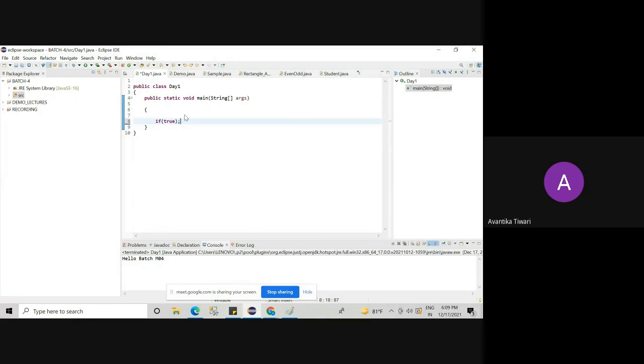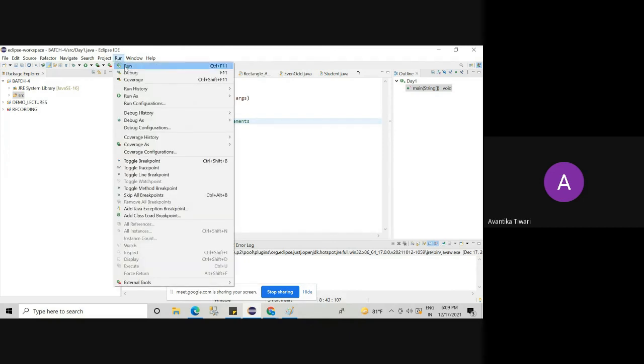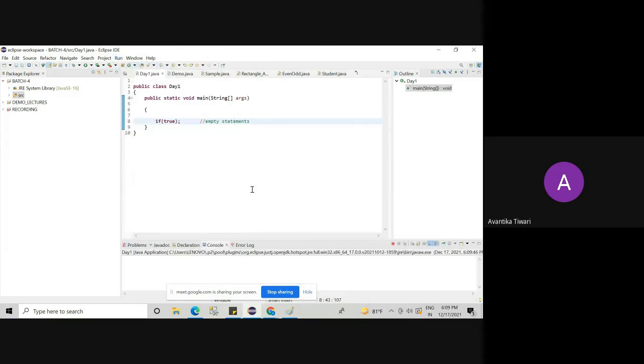And these type of statements are called empty statements. What are they called? Empty statements. Okay, this is completely valid. I will execute and show you. Can you see any error? No, ma'am. So it is compiling fine.